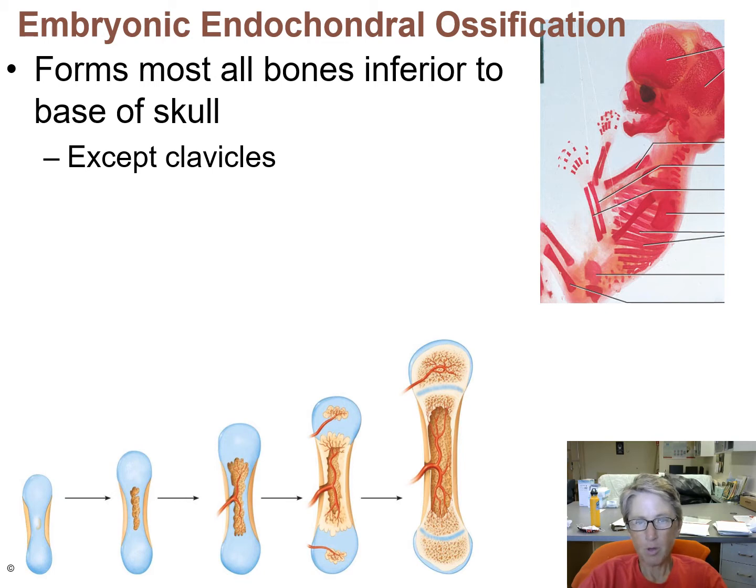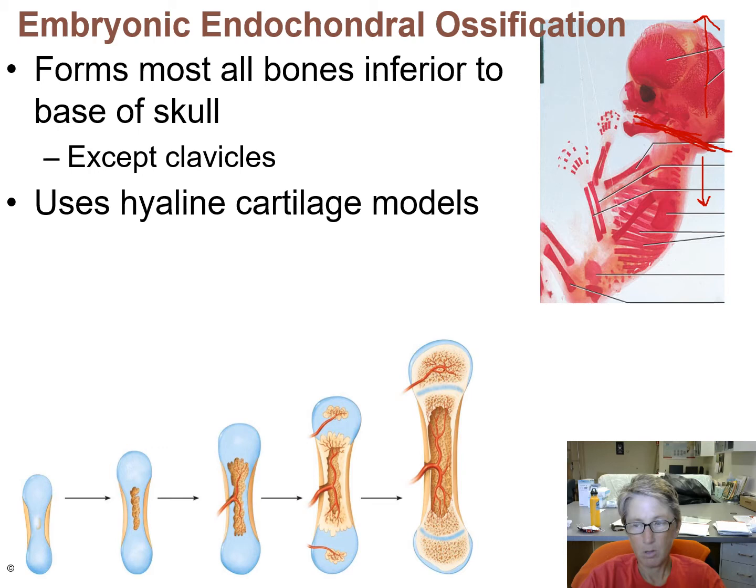Okay, so endochondral ossification, let's get into some details, forms most of the bones inferior to the base of the skull. So here's the base of the skull. And most of the bones inferior to that, so remember your terms, this would be inferior, this would be superior. So inferior to the base of the skull, you use endochondral ossification to form your bones, except the clavicle, you use intramembranous ossification. And we talked about this, you use a hyaline cartilage model,